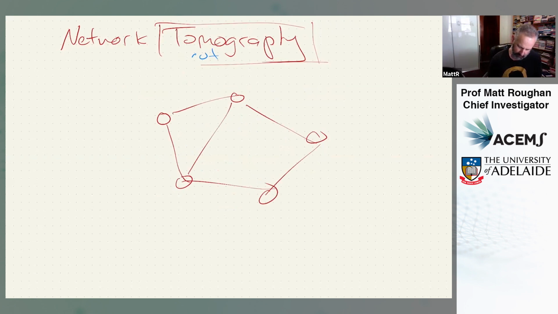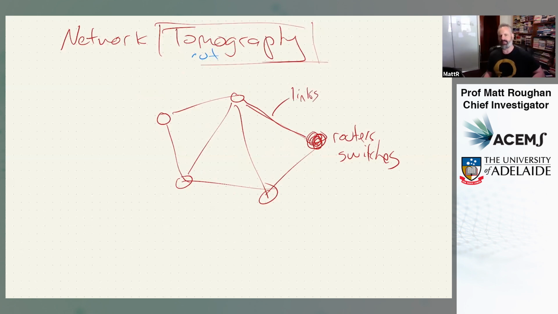So let me draw you a junior GWiz network. I would call these things routers or switches. And graph theorists might call these edges, but I'm going to call them links. They might be fiber optic cables, or they might be some sort of virtual link that doesn't really exist physically, but is made up of some sort of logical protocol exchanging packets over some more complicated underlying infrastructure.